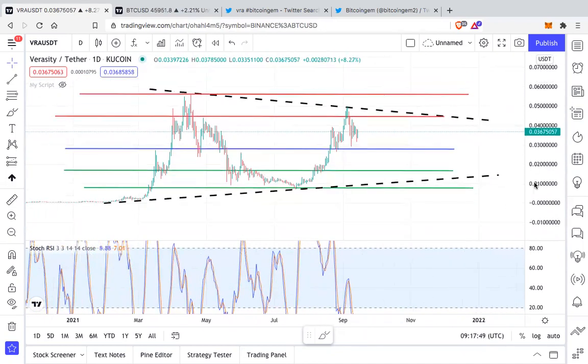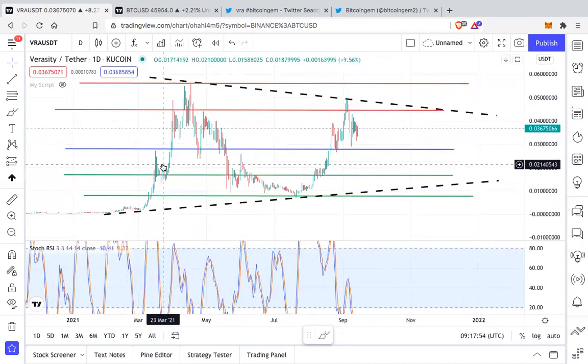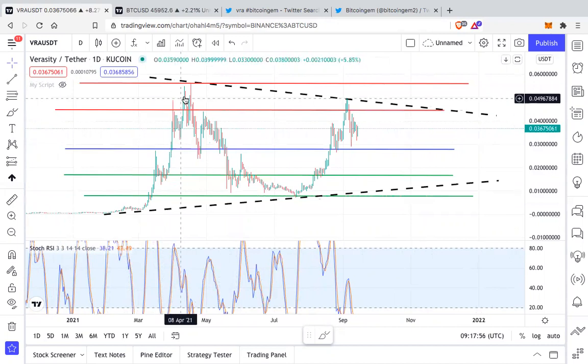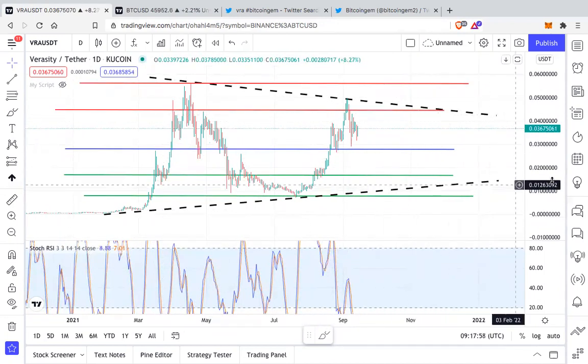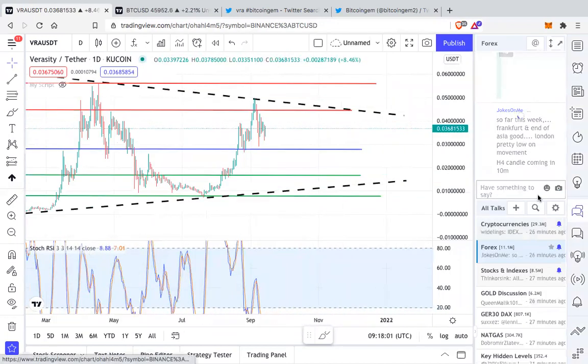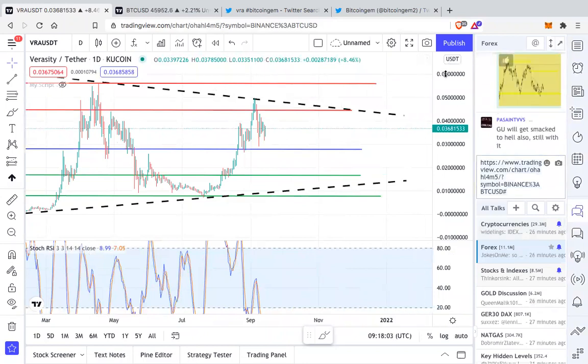Keep in mind that on a higher time frame, when you zoom out, you can clearly see this range playing out. Now coming to the current scenario,